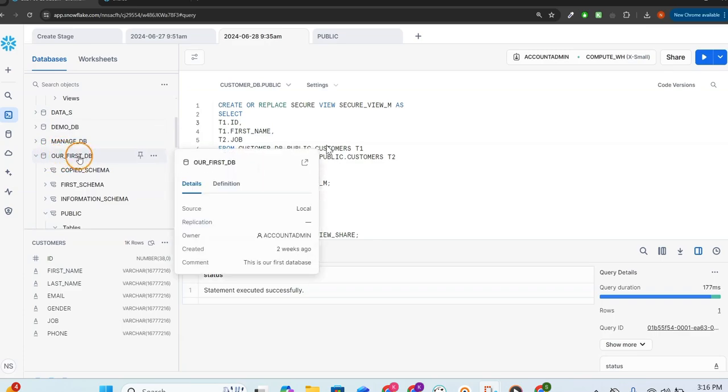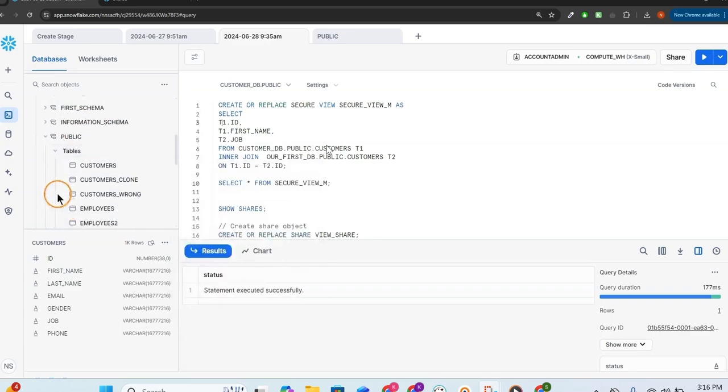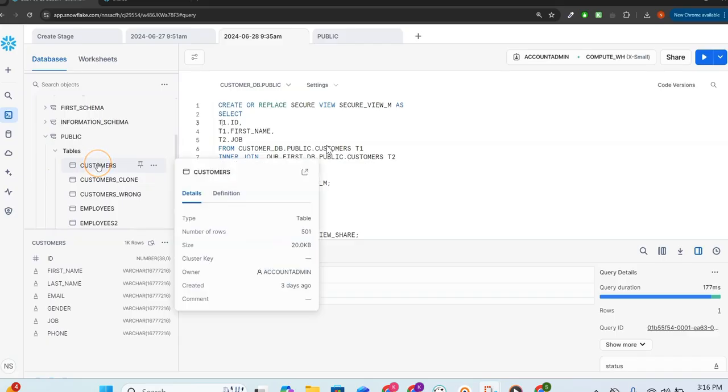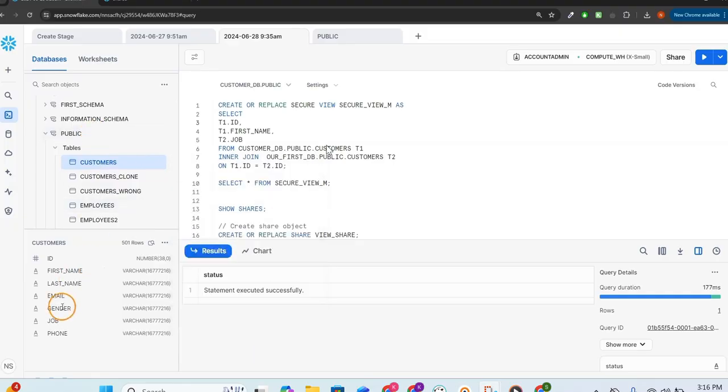So here we have our first DB. And in here, maybe we have under the public schema another, maybe similar, table that is also called customers. If we have a look at the definition and the columns, we can see that there are maybe similar columns, but maybe we want to use the job from this table because this is actually the correct data. So therefore, what we do is we just join the data using an inner join,